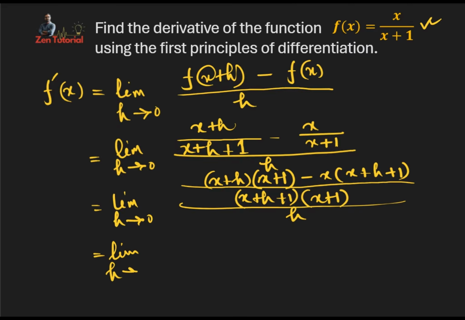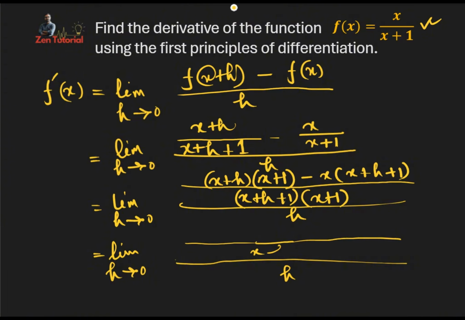Limit h tends to 0. So here will be h and here will be, okay, so it will be x plus h plus 1 times,